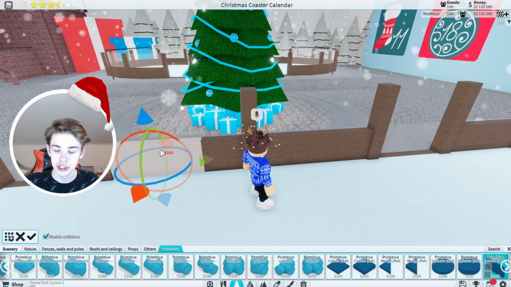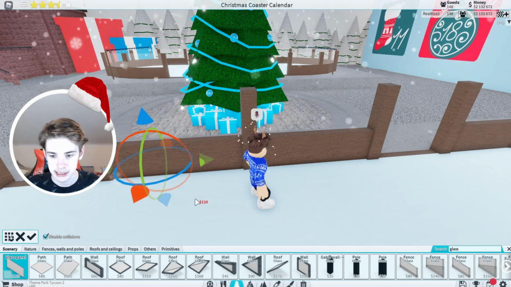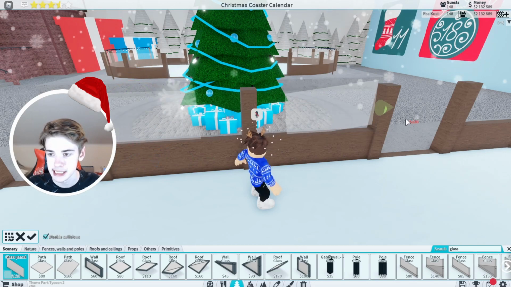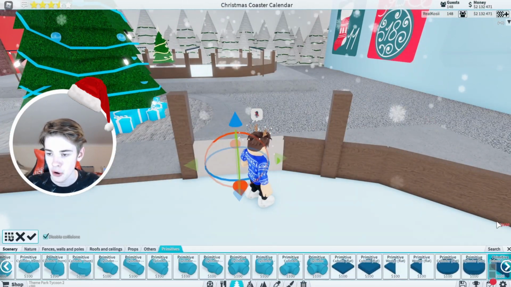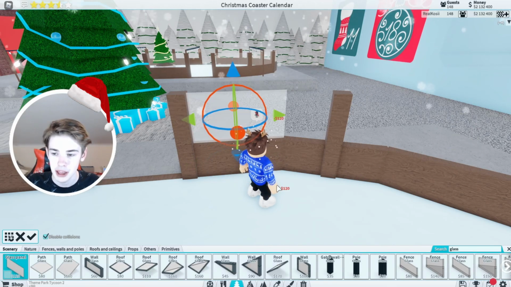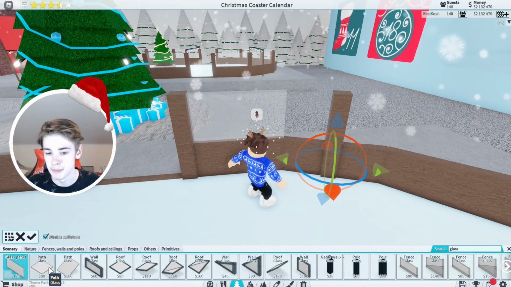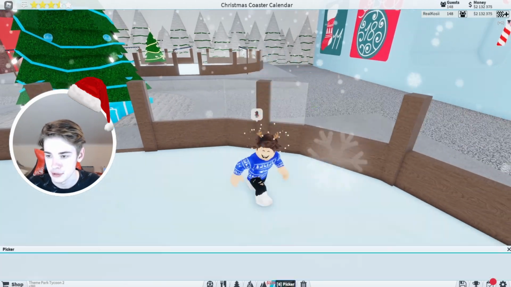So all we need to do is hold shift and click on there, search for glass right here, and we're just going to use this little glass panel like so, bring that up, and we're going to place these in every single thing right here. Now, of course, this is pretty easy because all you need to do is just get the glass, sorry, and bring it up by 1, going all the way around the edge right here,